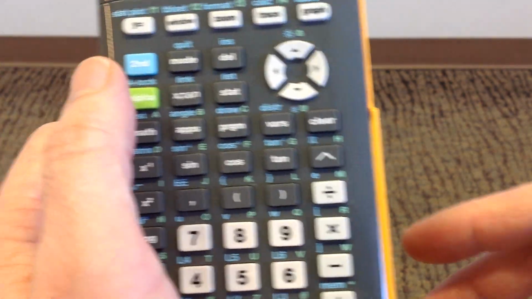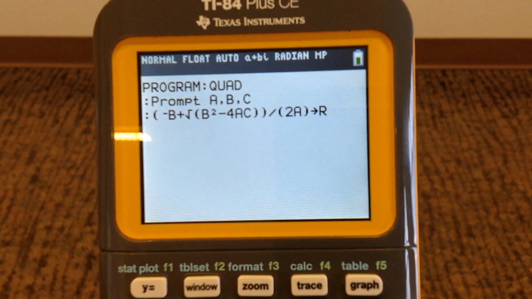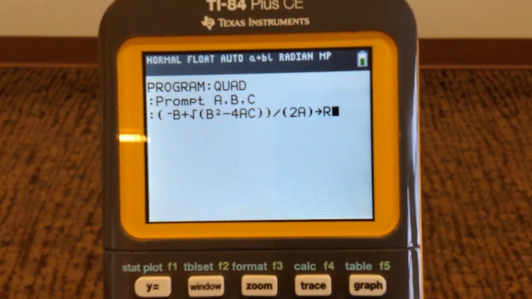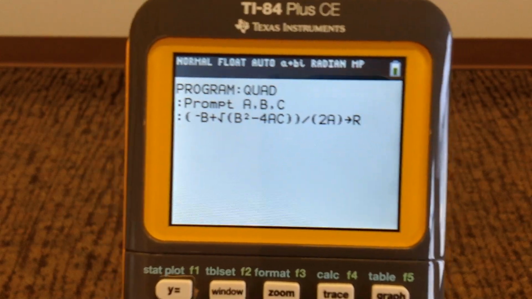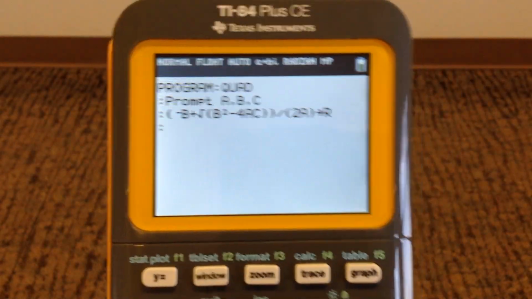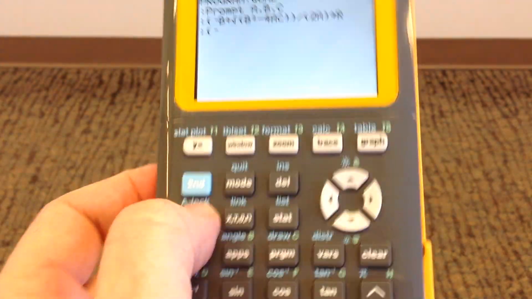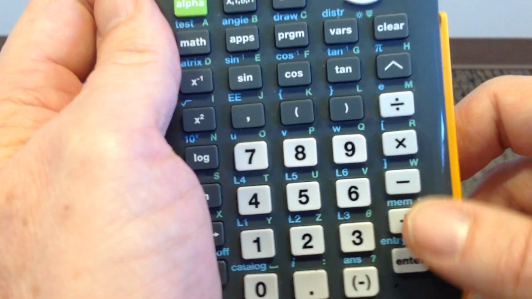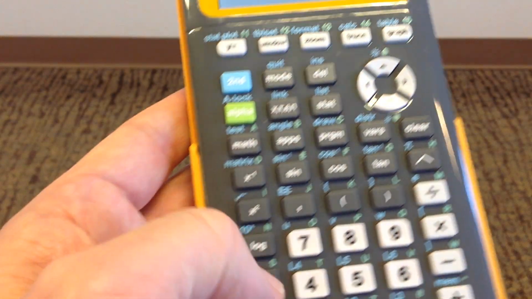So I'm going to hit alpha R. You can use any variable that you'd like except for A, B, and C because those are already being used. So there's the first root for our quadratic equation. And then the second root will be the same, except instead of negative b plus, we're going to do negative b minus. So we hit enter to get down to the next line, and then we're going to do parentheses, negative alpha b, and then the subtraction key, and then again, square root